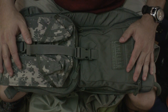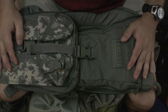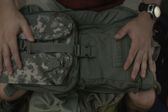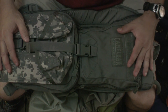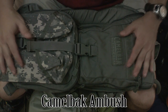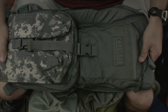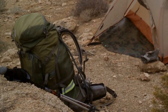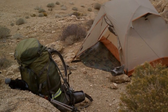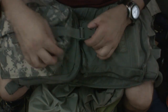Whenever I take out the Baltoro 70, instead of just a 3-liter Camelback, I will bring the whole enchilada. And I will do a separate review on this sucker. But the idea is, if I'm taking the Baltoro 70, I am going out, and I am going to set up a camp, possibly a bivouac site. And if I want to day hike out of there while I'm set up there, this is my perfect day